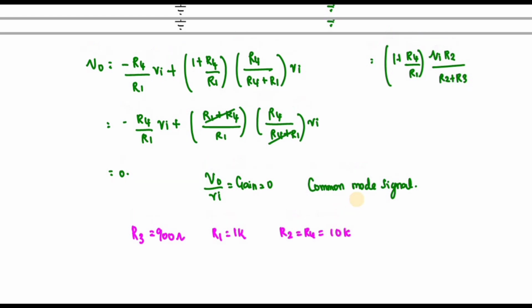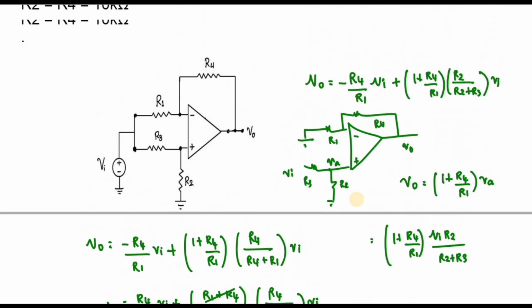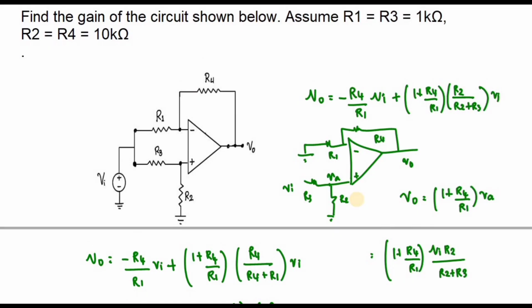If that is the case, you substitute in this formula. Here R1 and R3 have different values, so I can write R4 divided by R1 VI plus